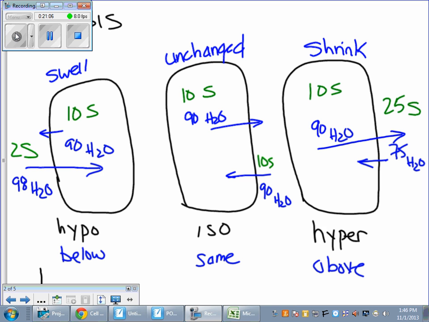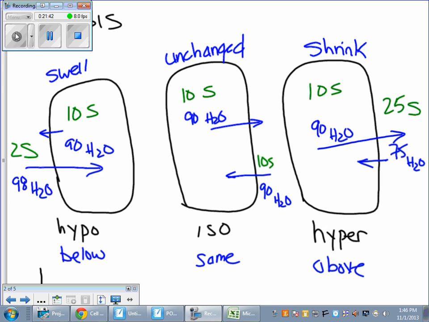If you have very little solute, most of the water is not attached to anything and it's free to move. We call that free water, free energy water. So less solute, more free water, the more likely the water is going to leave and go somewhere else. The more solute you have, the more the water is going to be bound up. The less free water you have, the less likely it is to change. Is that going anywhere? So in this scenario, over here at hypertonic, I've got 10% solute,